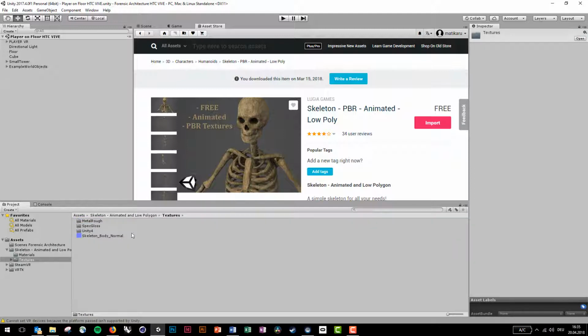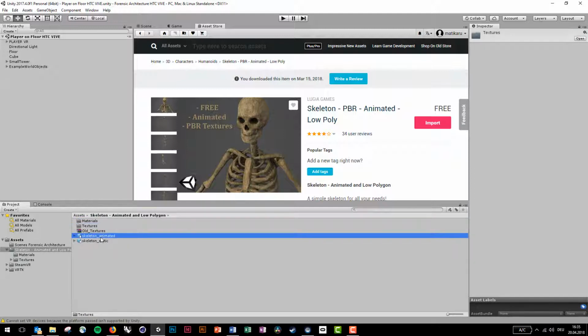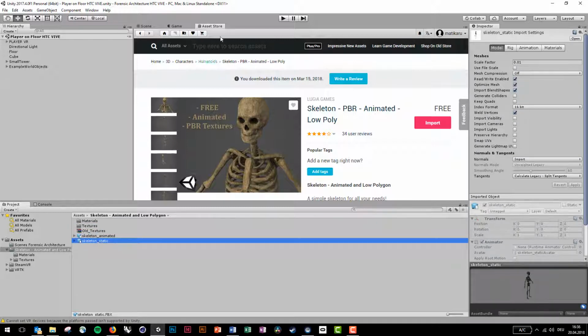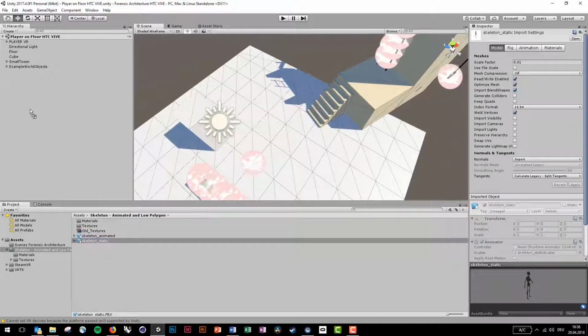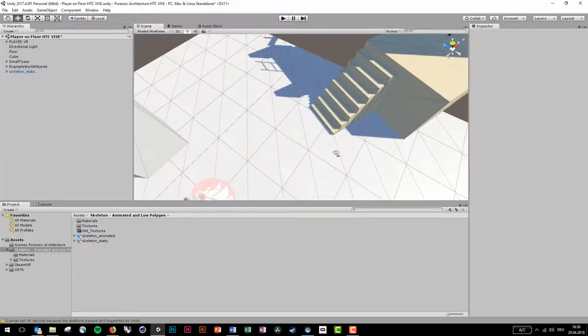Probably there are some example scenes, but not in this one. Okay, but skeleton static. Now we just take it, drag and drop it into our scene here,